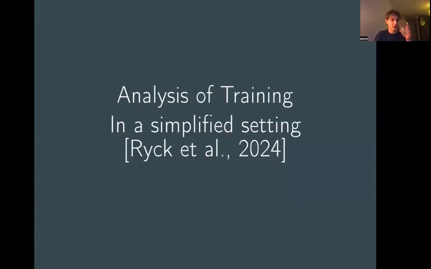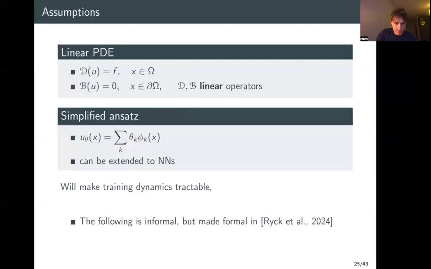And so this is what we do with Tim and Sid and Florent. So here I'm going to lay down the assumption. Here we're considering a linear differential operator and linear boundary conditions. So linear boundary operator here, B. And so with a very simplified ansatz, here we're going to consider a sort of a Galerkin type